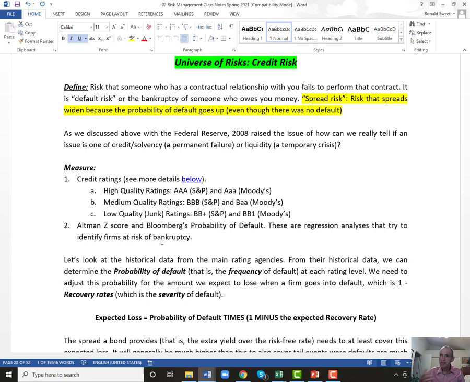But we're going to use it on the exam because it's a real nice summary. It's one that I think is probably still true today. I don't think the numbers have changed all that radically. So you can still use it today. So I'll show you what does a AAA mean, what does a single B mean, what does a double B mean. So we'll get some data there. So you have high quality, medium quality, and low quality.